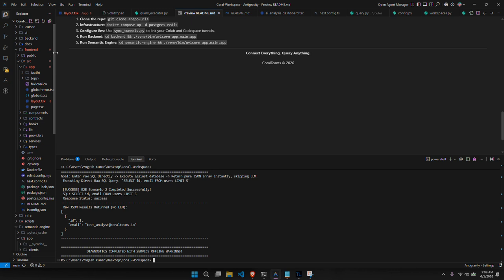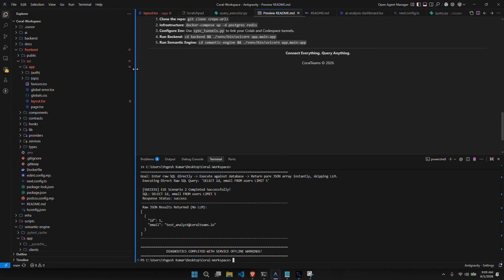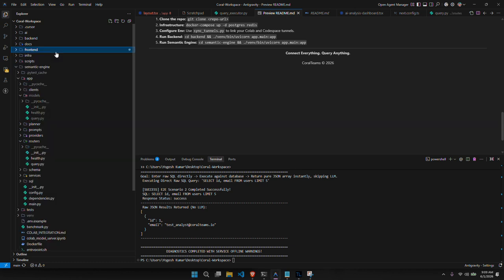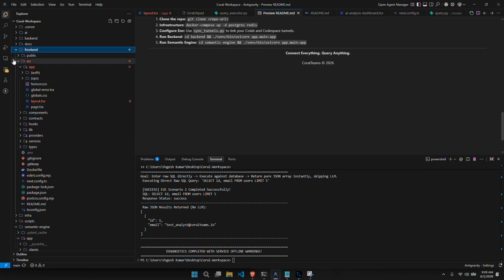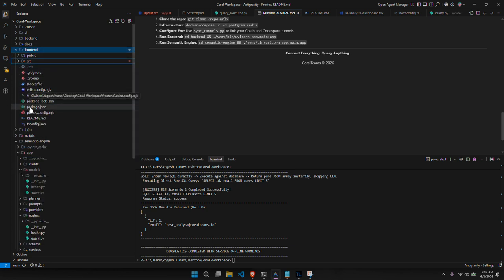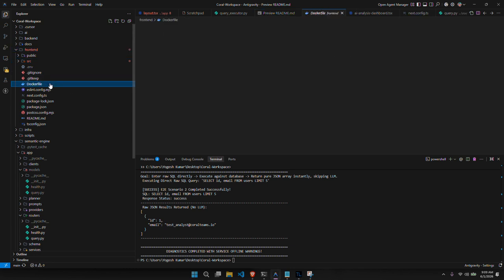I've not done npm install here, okay, because the front end is already deployed. The front end is made in Next.js, and it has its own Dockerfile, yeah, this one. So every directory has its own Dockerfile, and what it will do is